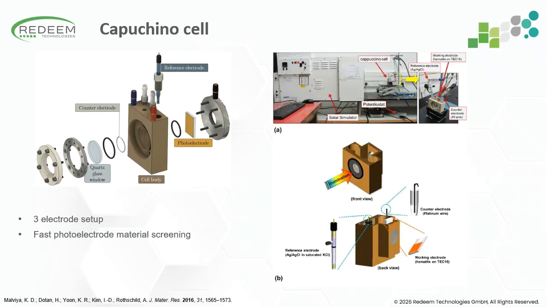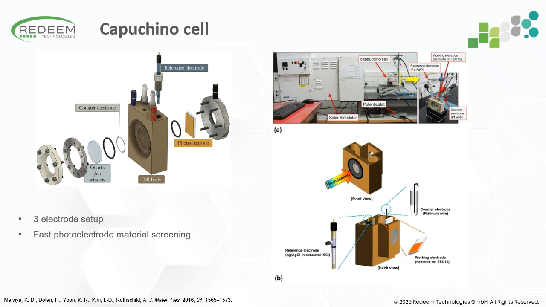So first, one of the best known commercially available photoelectrochemical reactors is the so-called cappuccino cell. This is a 3-electrode test cell consisting of a photoelectrode as the working electrode, a platinum counterelectrode, and a reference. The quartz window on the front allows illumination while keeping the electrolyte sealed inside the cell. The main purpose of this reactor is rapid material screening. So it allows researchers to quickly measure photocurrent, onset potential, IPCE, and other electrochemical properties of newly developed photoelectrode materials